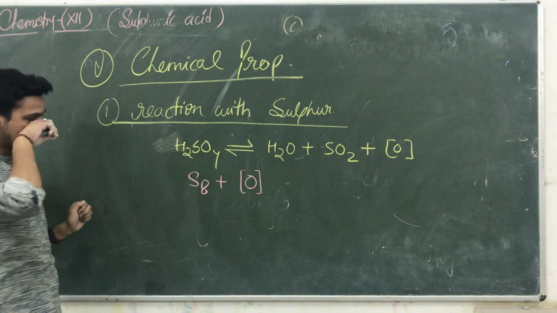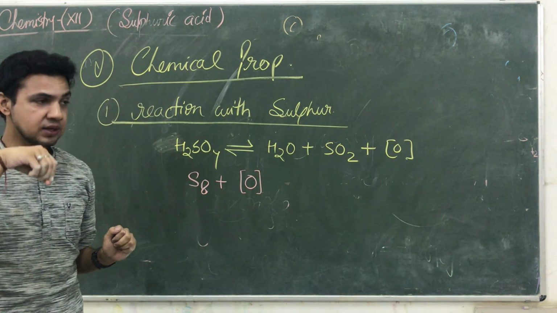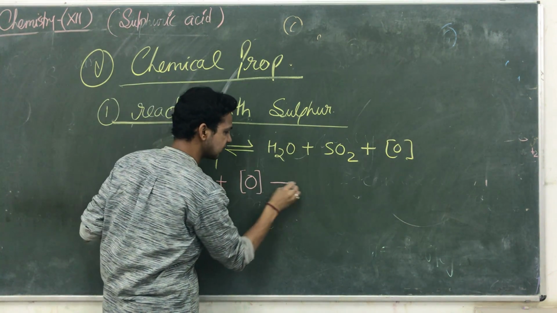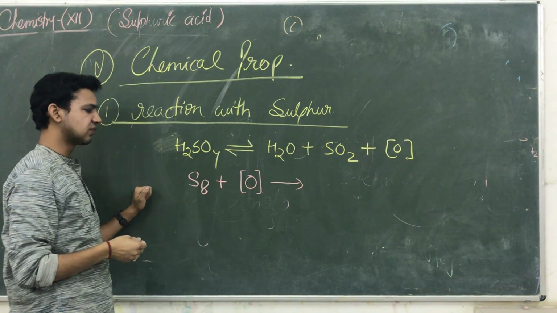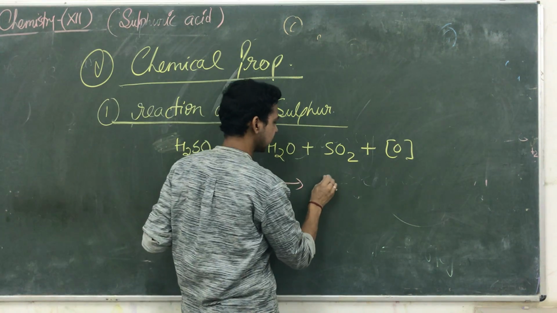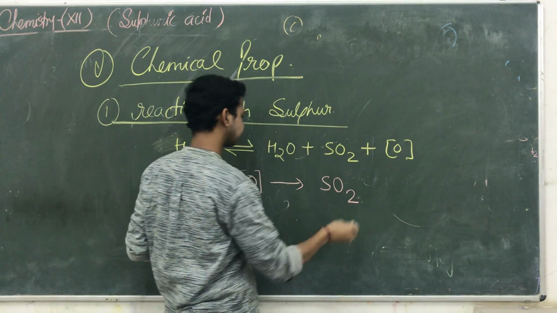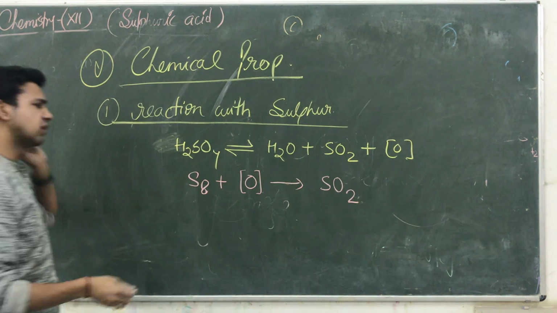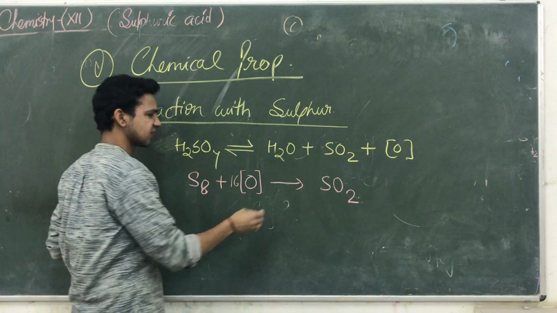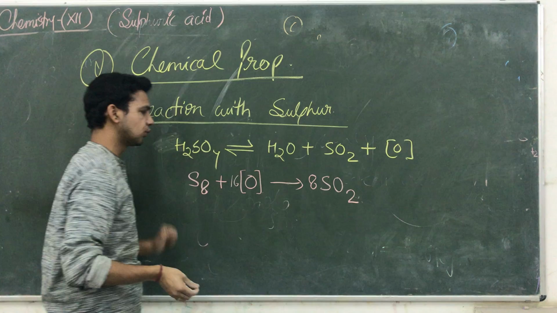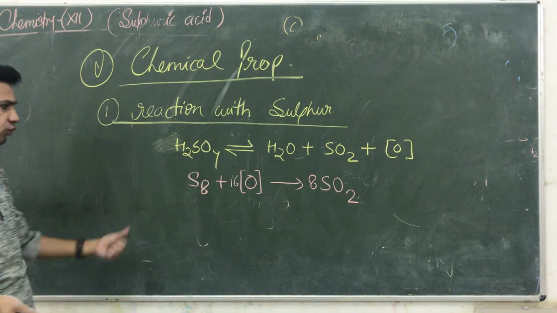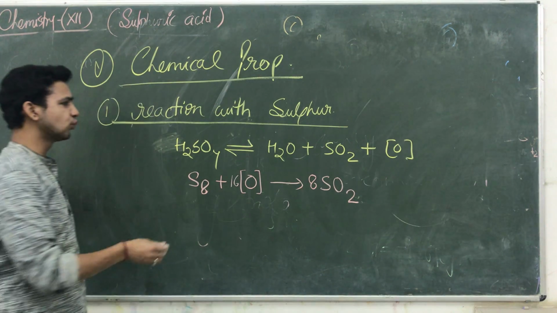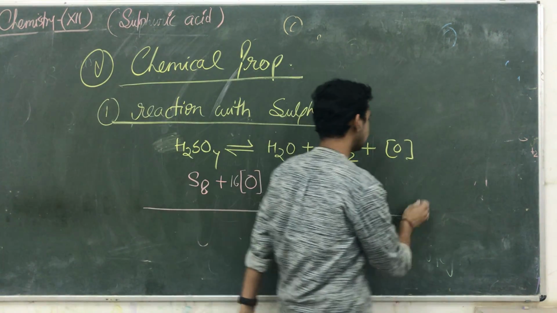Okay, तो guys हम क्या करते हैं यहाँ पे आपका nascent oxygens लेते हैं. So here we are taking generally the sulfur reacting with nascent oxygen and easily converting into SO2. तो यहाँ पे आप क्या करेंगे SO2 जनरली परफॉर्म करेंगे. Here we are taking 16, that's why it is converting into SO2. ओके, तो ये क्या हुआ SO2 में कन्वर्ट हो जाता है. So it is helpful to convert the sulfur into sulfur dioxide.